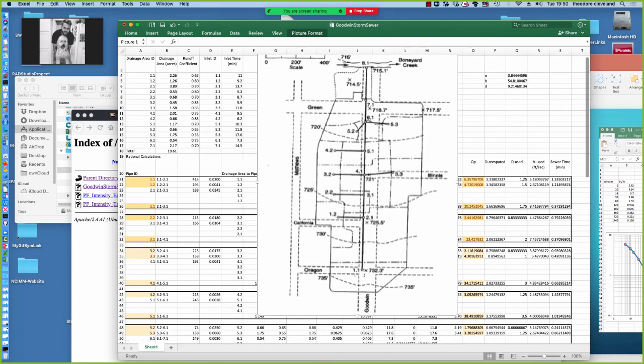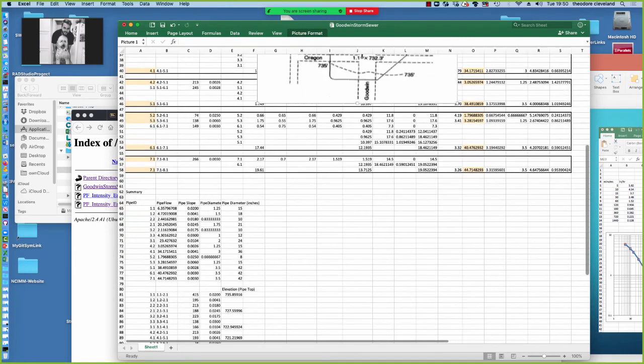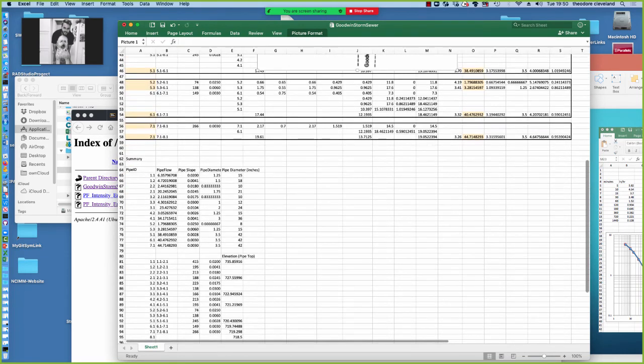So 735.8 does not include the required offset. So if indeed the top of that pipe was at 735.8, it would be sticking up out of the ground. So our next step would be to offset the pipes and start putting them underground, ensuring that we have